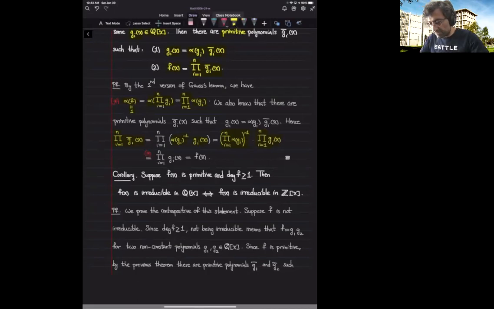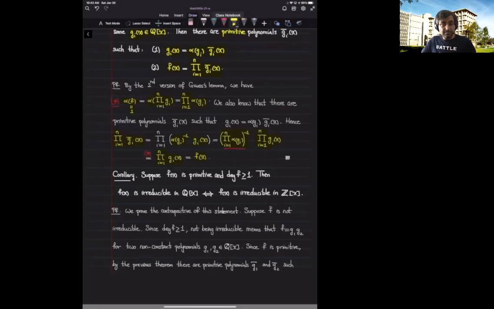But this product we just showed over here, we showed that this is 1, and therefore I can just ignore it, and I'm left with a product of g sub i's, but the product of g sub i's is just f, and we get the desired result. So all of a sudden, having a factorization in Q bracket x gives us a factorization in Z bracket x